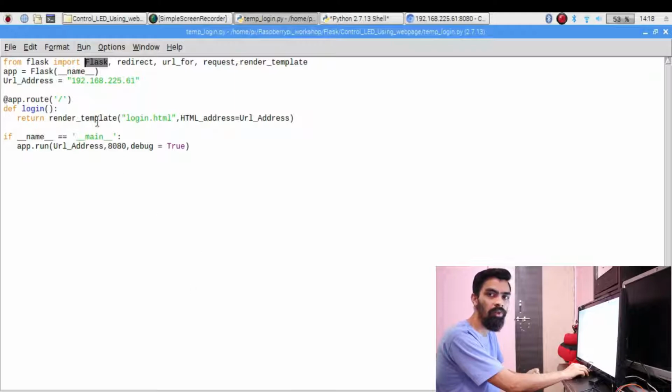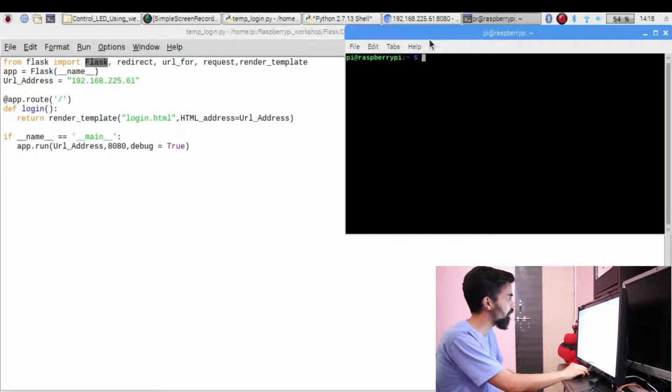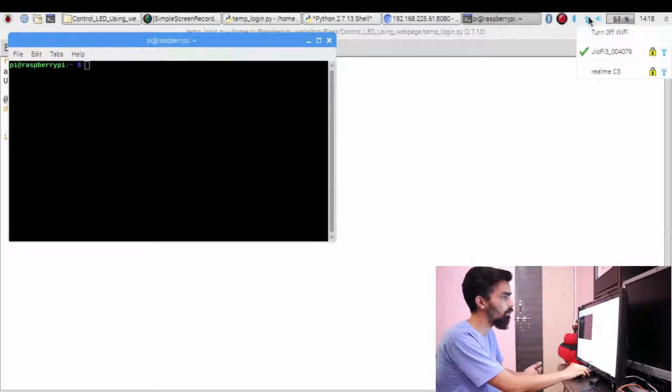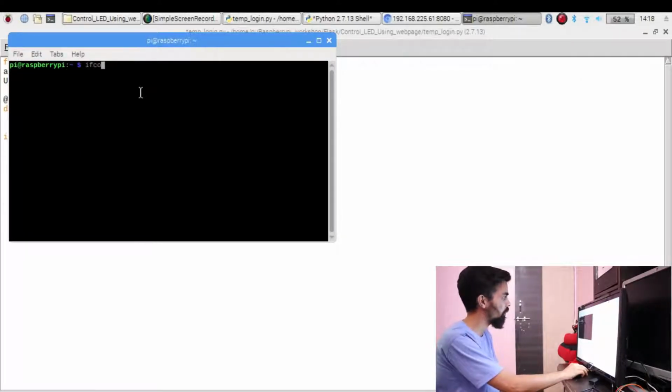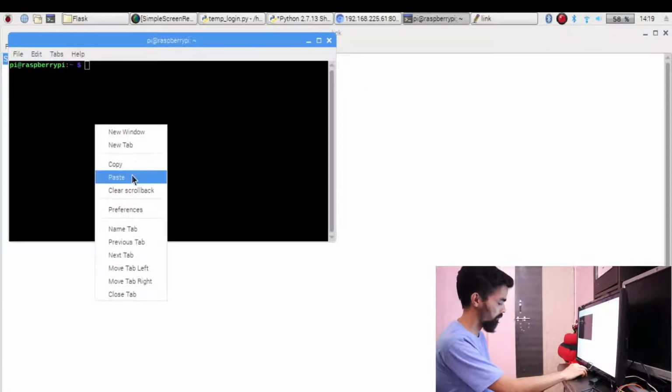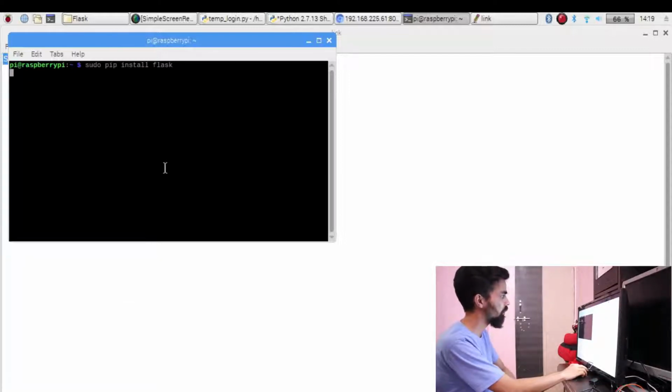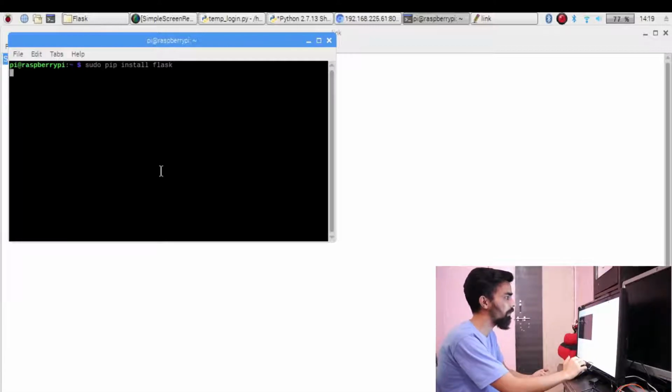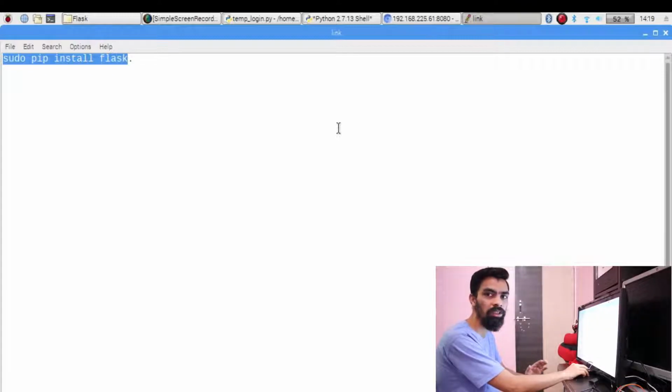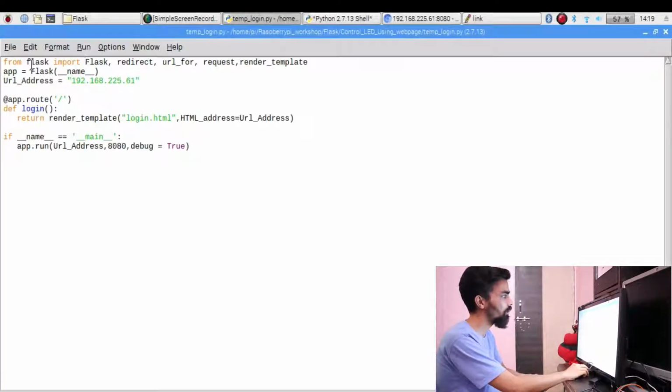If you want to install the Flask package, go to the terminal, and before that make sure that the internet is connected on your Raspberry Pi. Then type this command, sudo pip install flask, on the terminal and press enter. Once you press enter, the Flask package gets automatically installed on your Raspberry Pi. Once it is installed, it will give a message that Flask is installed. After that you can easily use that package. So the next line is app is equal to Flask, in brackets, name.